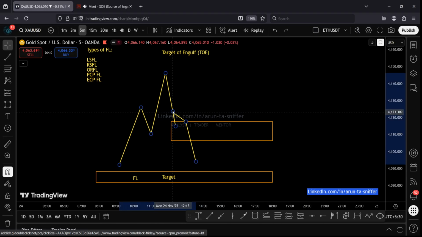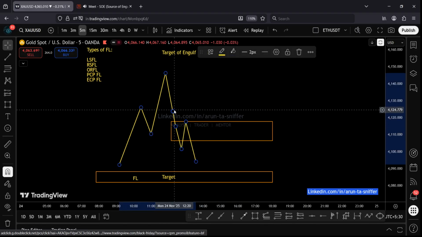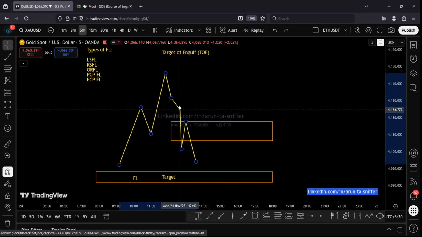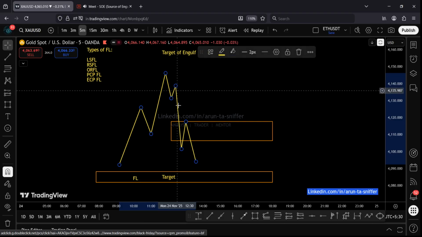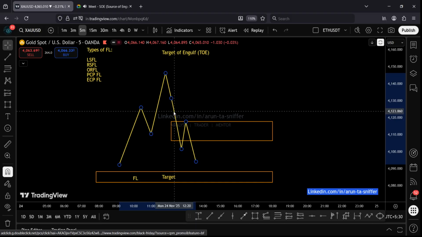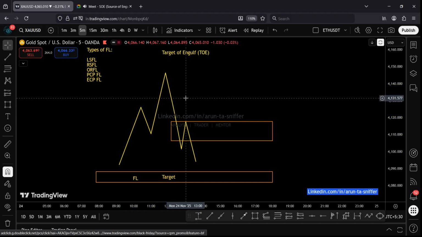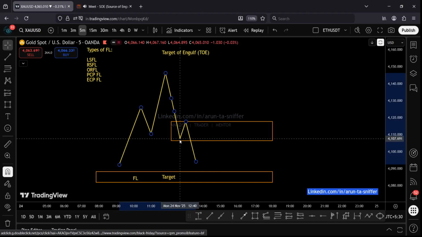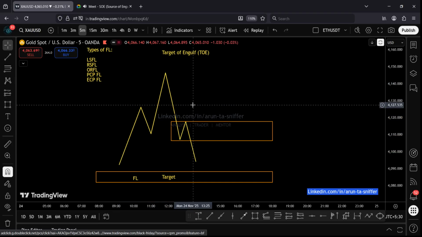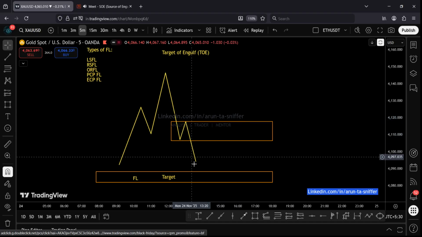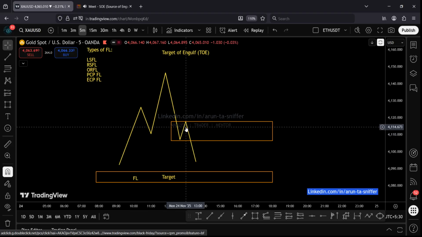Yes, this may also happen here, anywhere. So the first pullback is the OR, right? So think like if the first pullback is happening here, or you can take it a bit above like this. So what happens? The first pullback has been made, and that is what we call FTR. This is FTR right now.